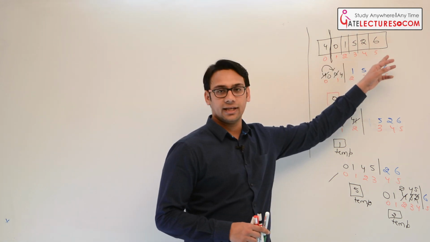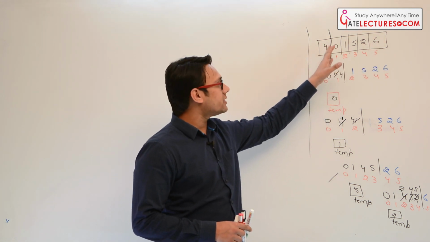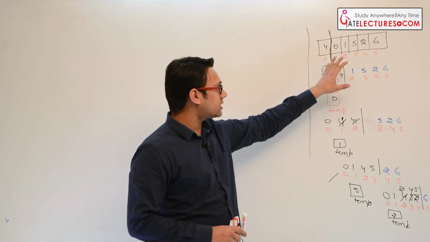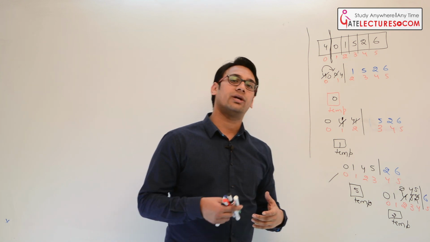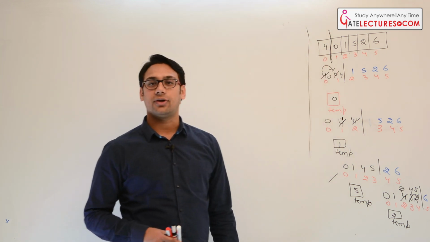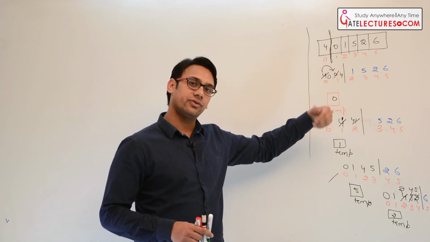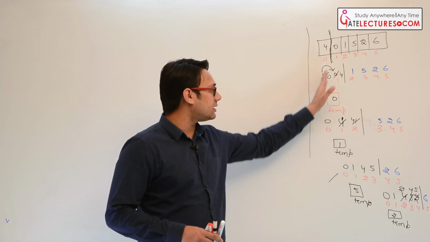If we have to sort n elements, then how many swaps we have to do at max, or how many times we have to shift the window? If you see, at max we have to shift the window n minus 1 times, because one element is already sorted. And then in every case we have to go back and sort the elements, or shift these elements to the next position.